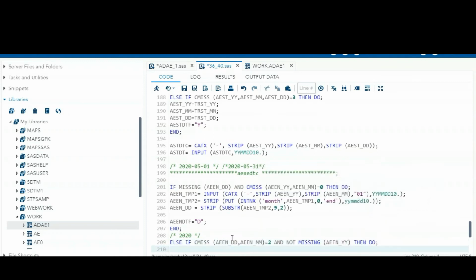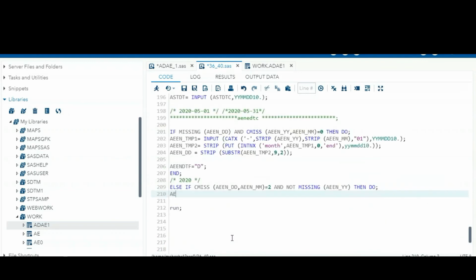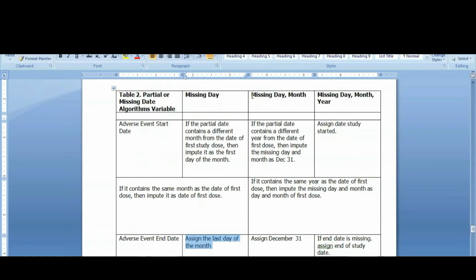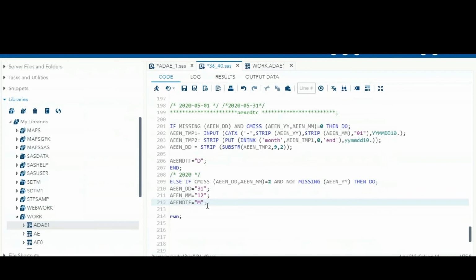Then do, the day is 31st and month is December and the flag is month, because the missing day and month are both missing, assign directly December 31st. We are assigning directly the December 31st here.